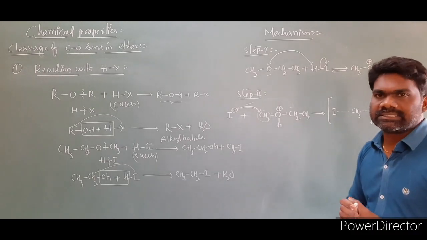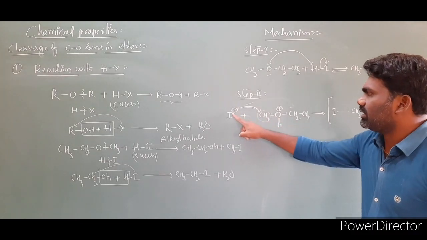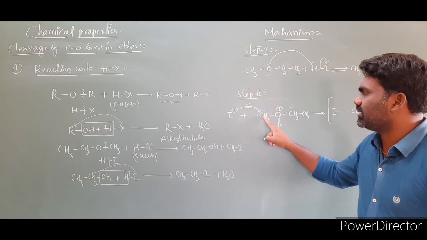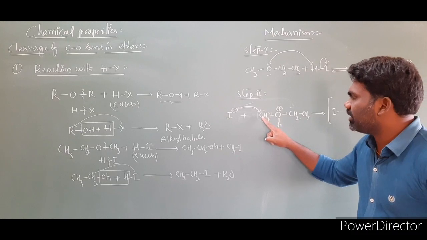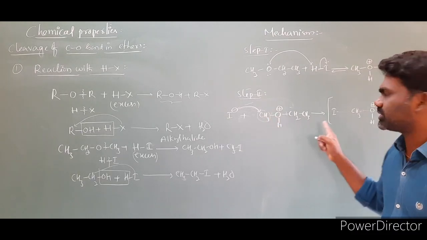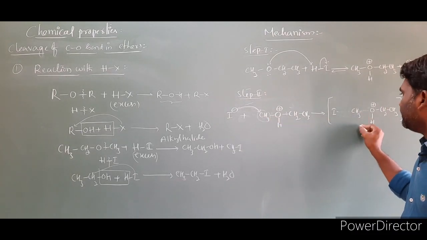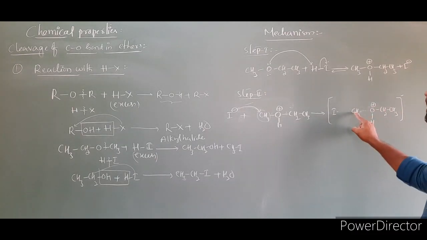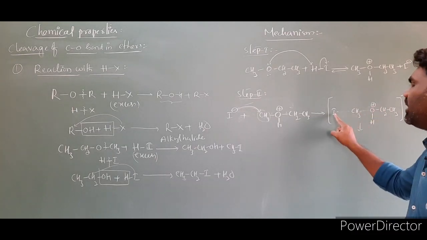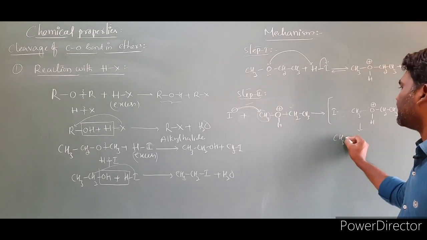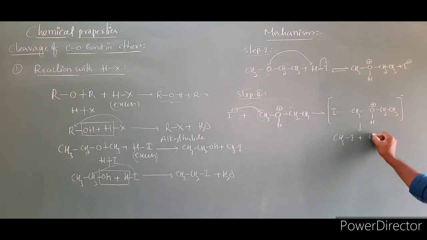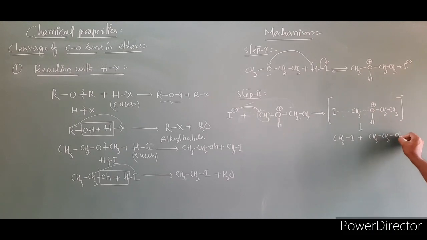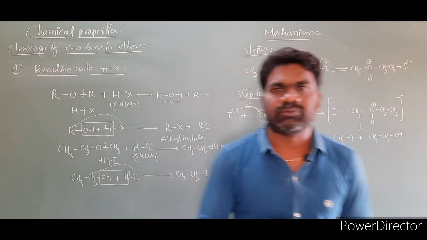Now my point is that we have iodine with a negative charge. Between the iodine and the carbon there is bond formation, and bond breaking between carbon and oxygen takes place simultaneously. So I showed that in the transition state. Then after the bond between carbon and oxygen breaks, the product is CH3I, plus this bond also undergoes cleavage. Then the product is CH3 CH2 O and H becomes OH. One product, an alcohol, is formed.